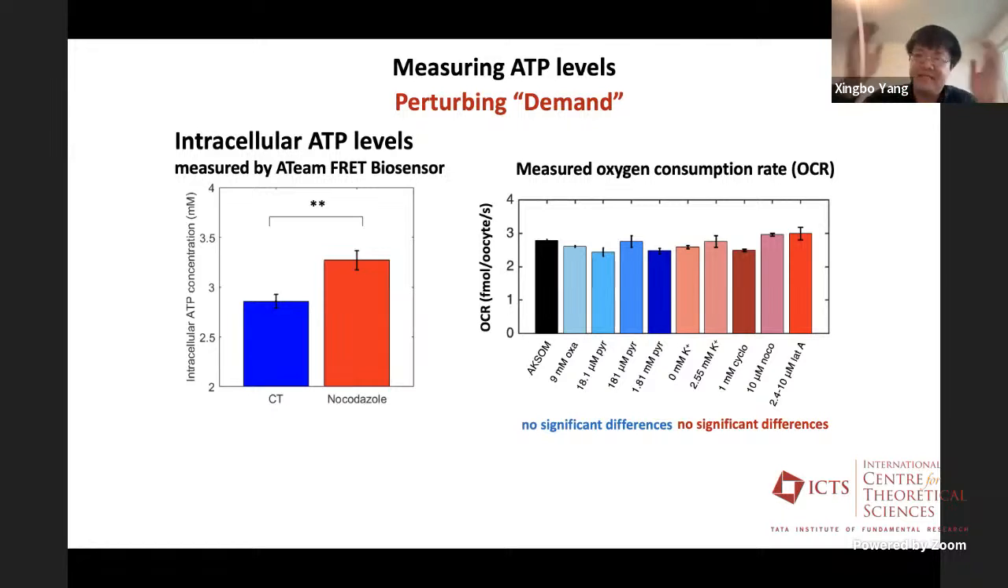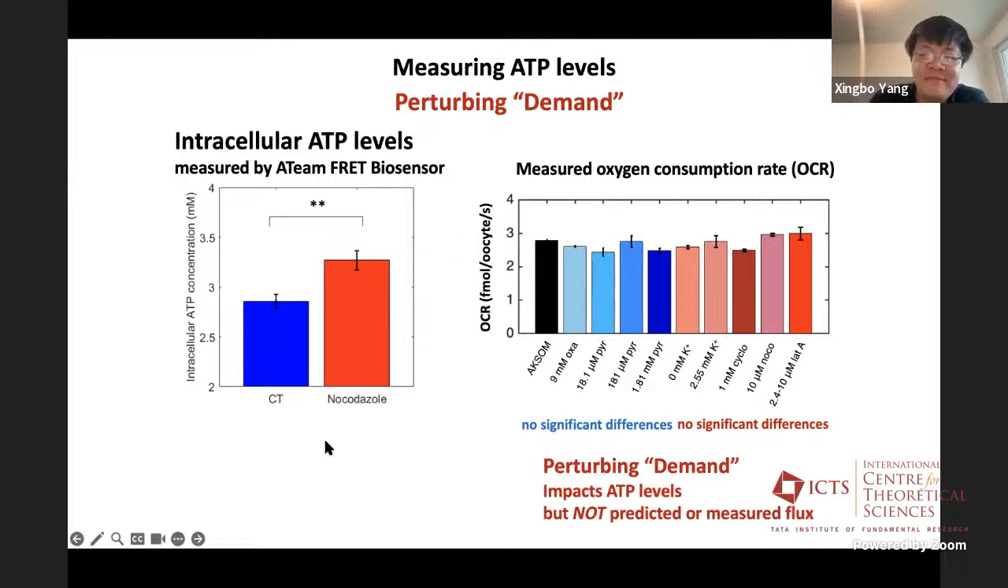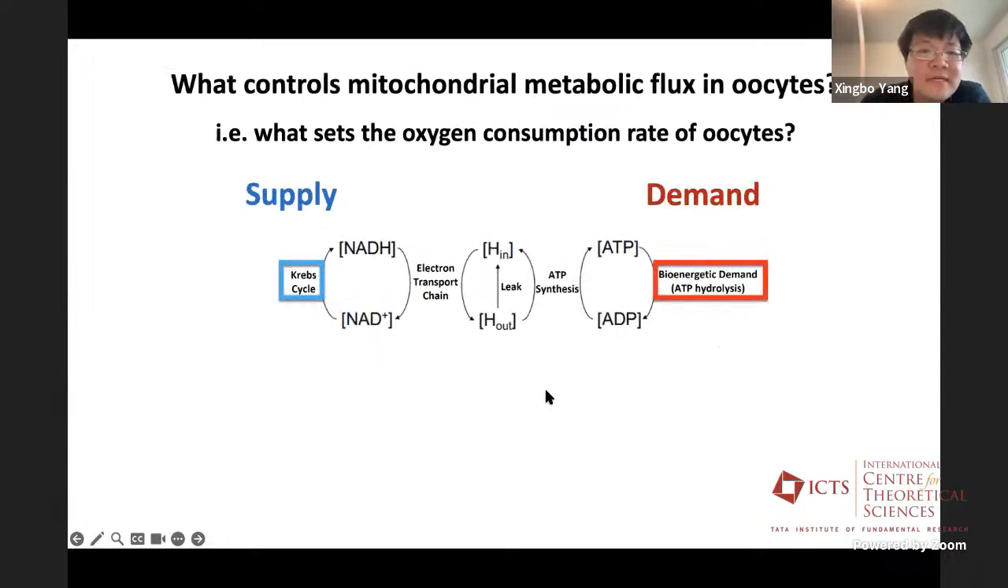That means I disassemble my spindle. If I do that, it appears, upon calibration of this sensor, that ATP level increases after I inhibit microtubule polymerization, which disassembles the spindle. So I'm tentatively saying perturbing demand impacts ATP levels, but not the predicted or measured flux. Okay. So therefore,